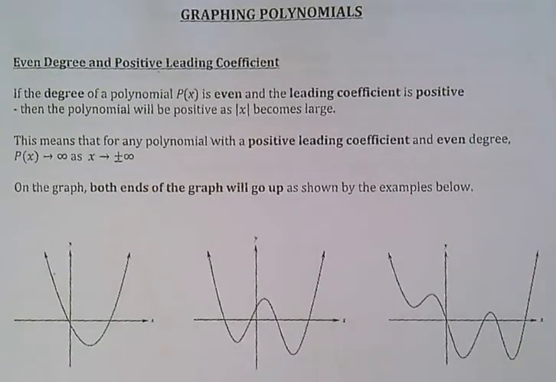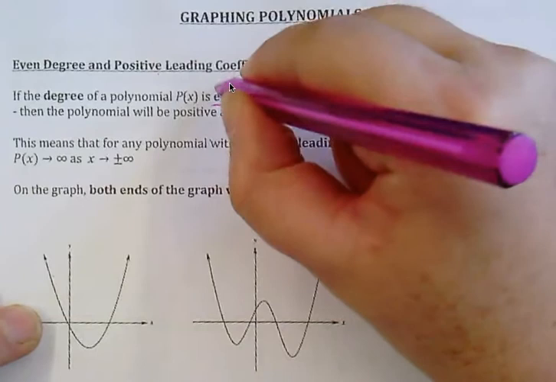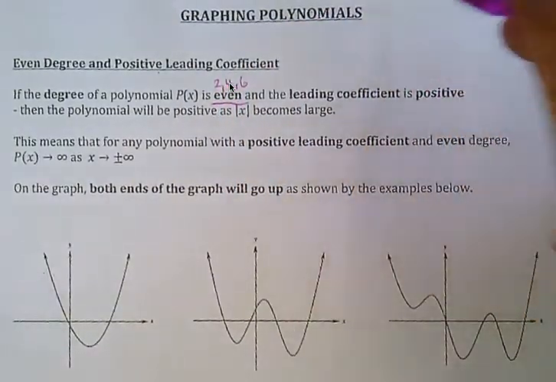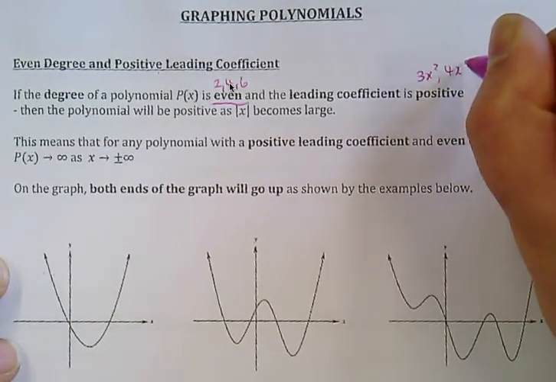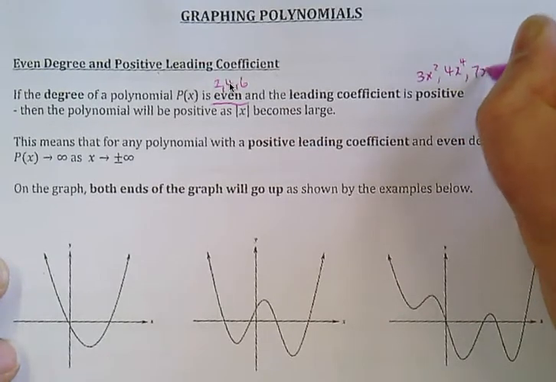Okay, today we're looking at graphing polynomials. Now, if your polynomial has an even degree, which means degree 2, degree 4, degree 6, and if the leading coefficient is positive, for example, it might be 3x squared or 5x to the power of 4, not negative 3x squared, not negative 5x to the power of 4. So if the degree of your polynomial is even, like 2, 4, 6, etc., and the leading coefficient is positive, so you might have something like 3x squared, 4x to the 4, 7x to the 6, okay,